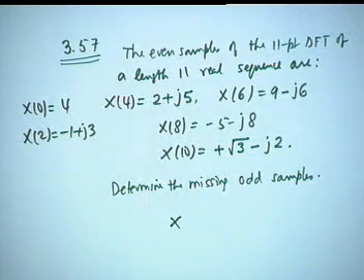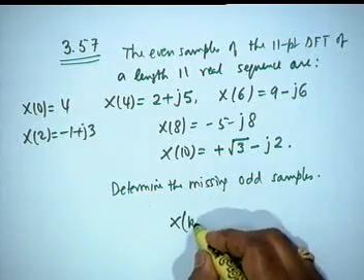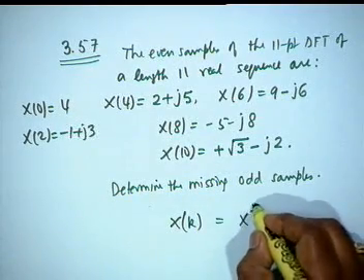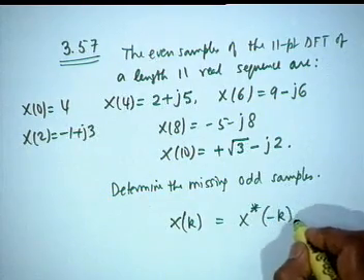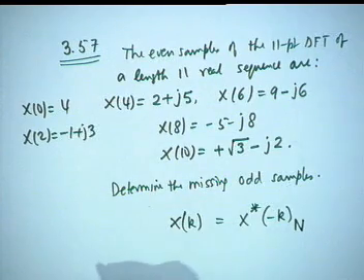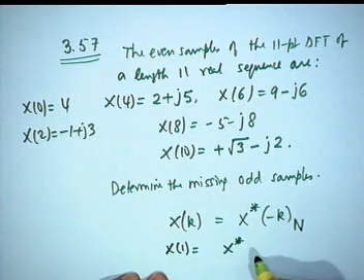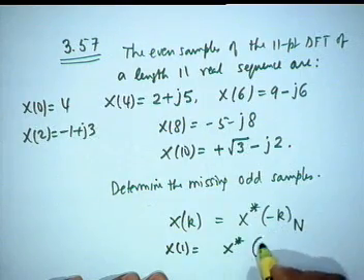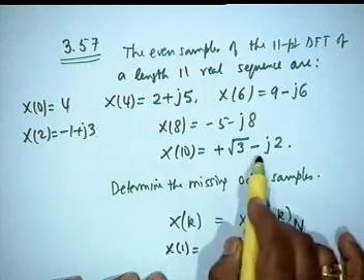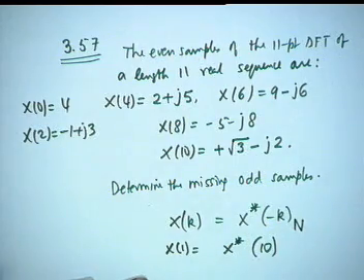we know that for a real sequence, now these tables come into effect. For a real sequence, xk is x star of minus k modulo n. So, x of 1, for example, would be x star of 10, and x of 10 I know, so x star of 10 would be root 3 plus j2. Okay? This is where use of the tables come. Otherwise, if you want to do it mechanically, as I said, you will make your life miserable.